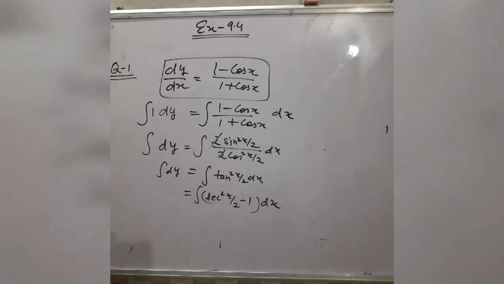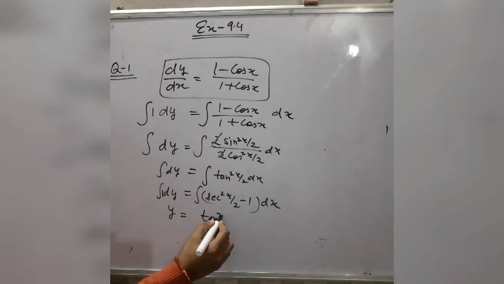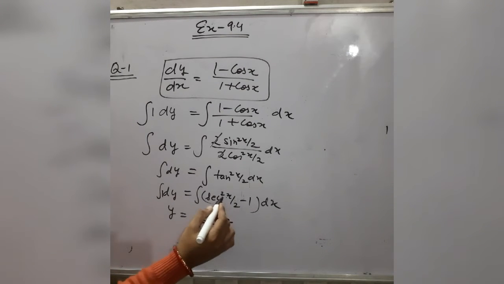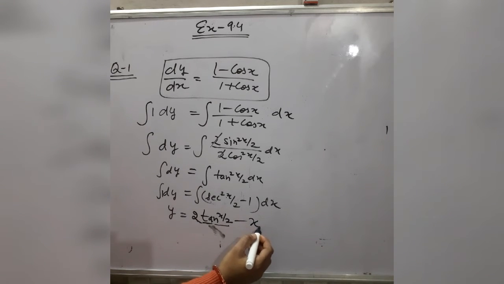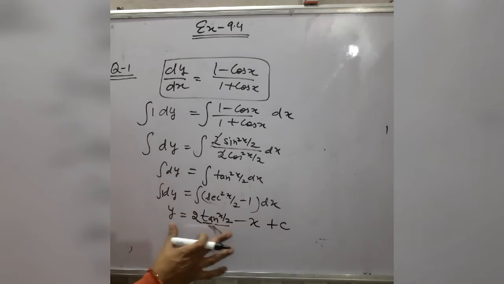Now we will integrate on both sides. The integration of 1 with respect to y is y, and the integration of sec square x by 2 is tan x by 2 divided by the derivative of x by 2, which is 1 by 2, so dividing by 1 by 2 the 2 shifts here. So the integration of sec square x by 2 is 2 tan x by 2, and the integration of 1 with respect to x is x, and you will take plus the integration constant c